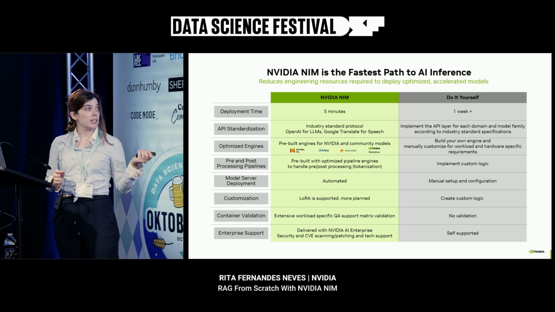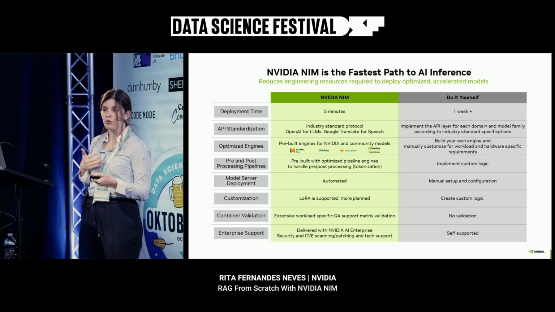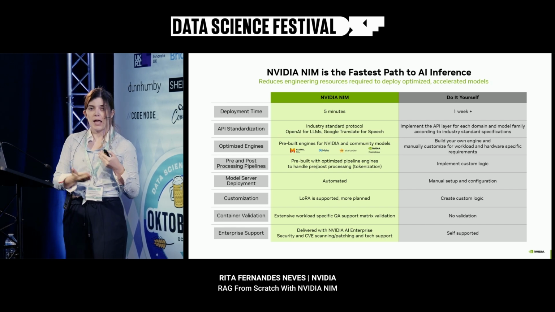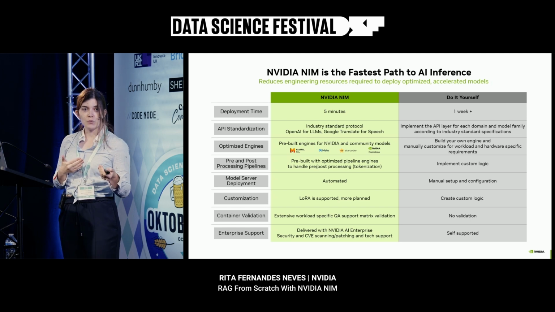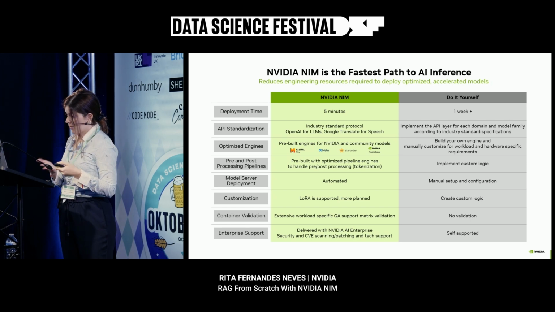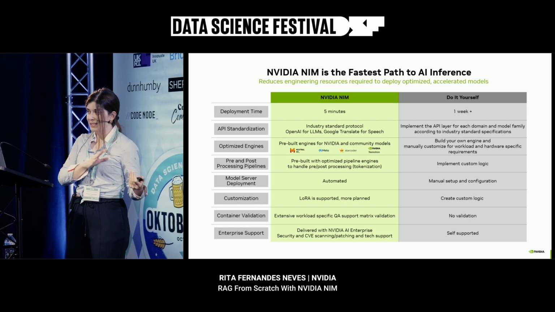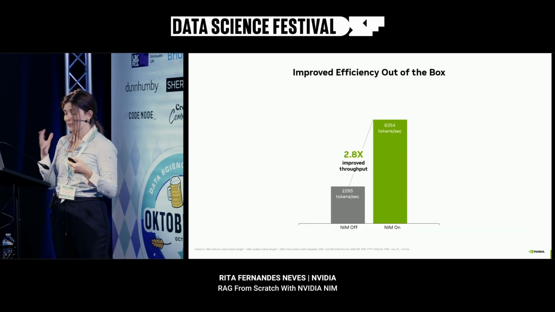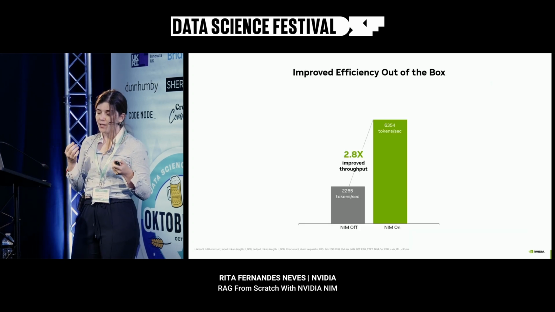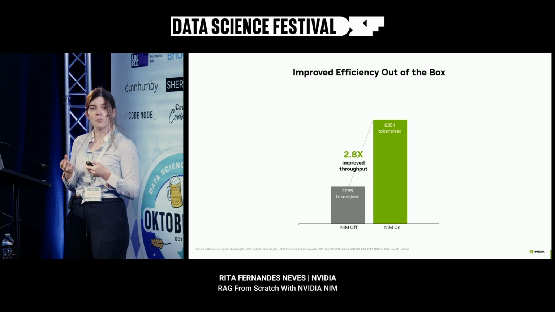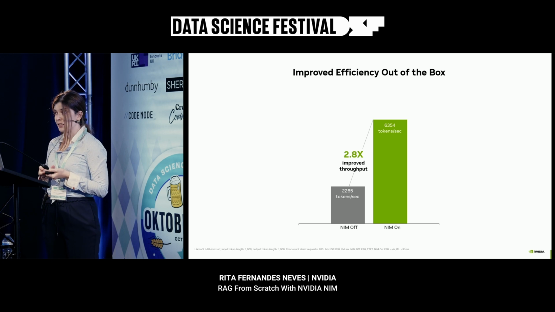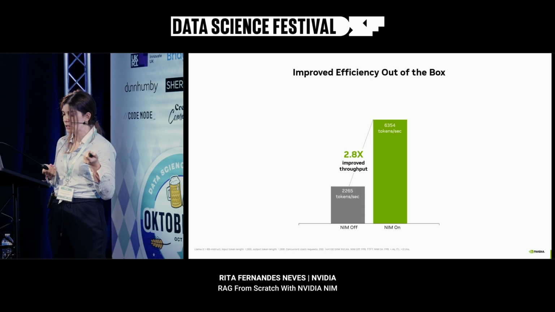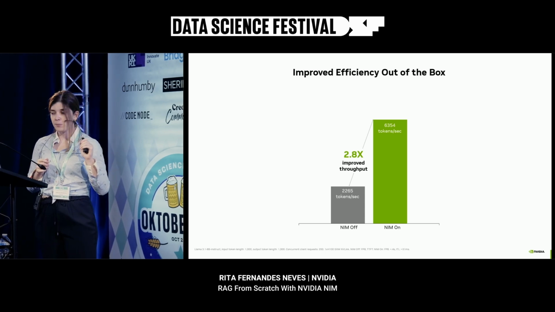And that means that basically in 5 minutes, you get to do something that generally in a company will take you over a week, because you generally tend to build your optimized engine, deploy the model server, and all of those things that we are already taking care of in a NIM. And so naturally, I think the bottom line is that when everything is optimized for you, for one specific model, the efficiency is going to be much bigger. So we have a 2.8 times improved throughput in terms of tokens for this model specifically, which is Llama 3.1 8B.